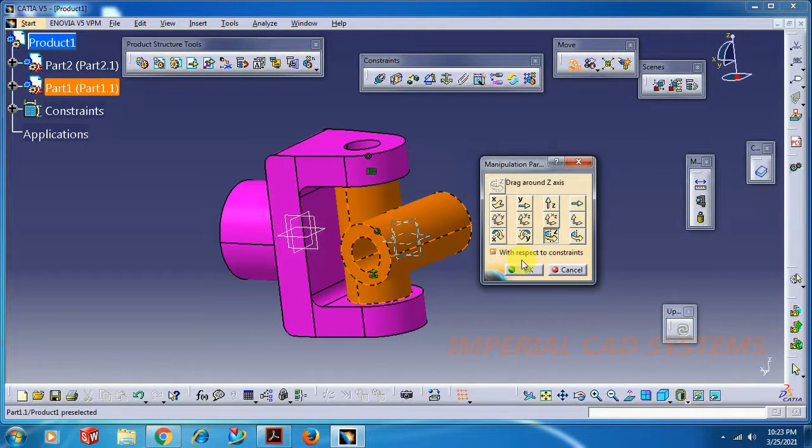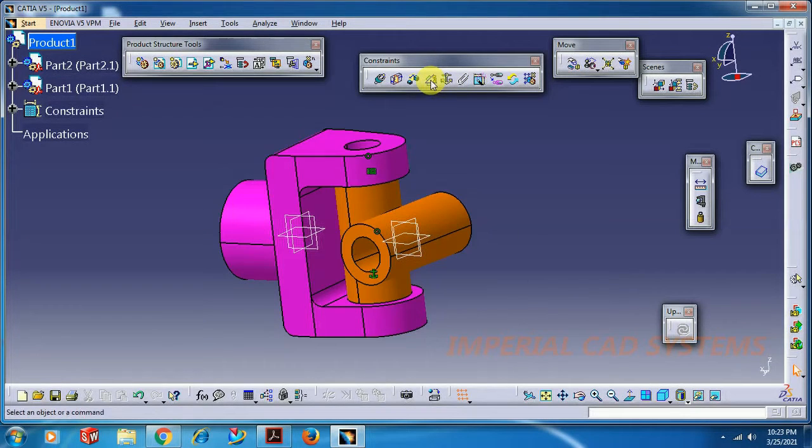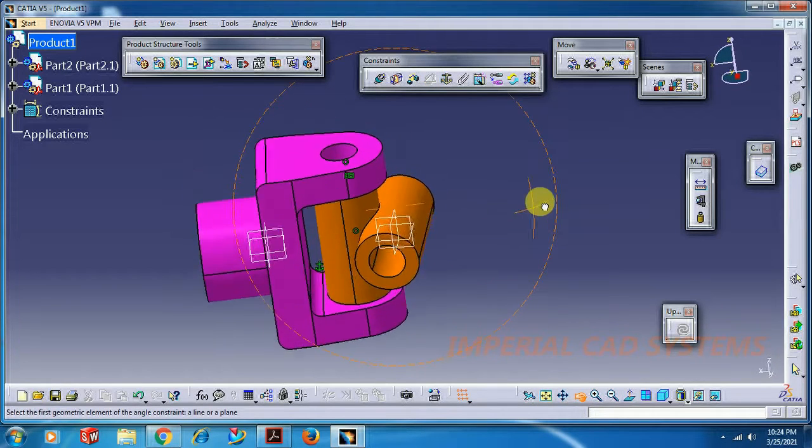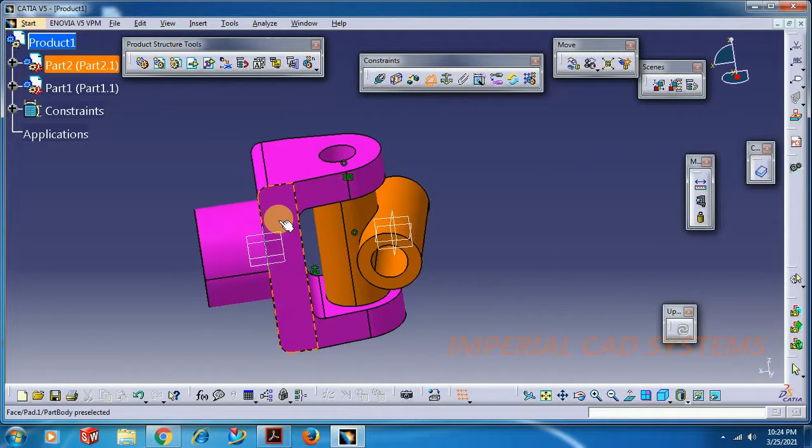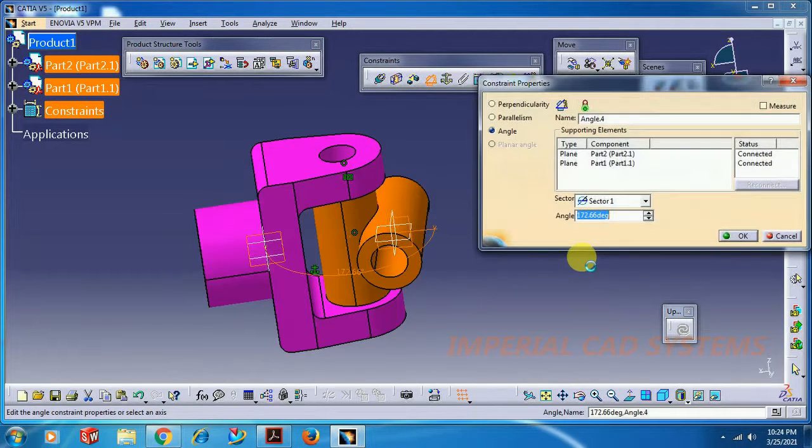For this, if we want to arrest this rotation, we need to apply angle constraint. Select angle constraint. You can either select surface or you can select planes. I select this plane and the plane of the center block, the second component.